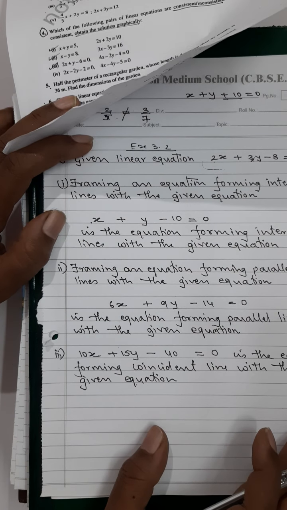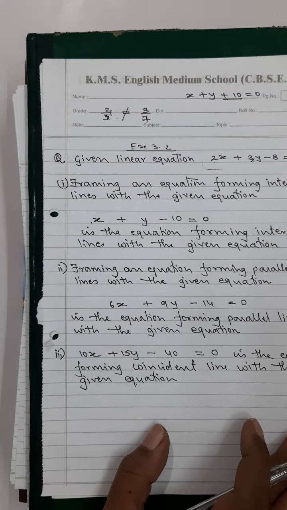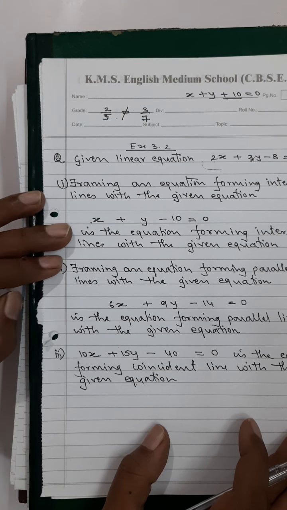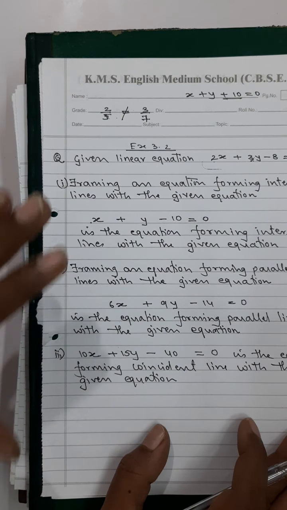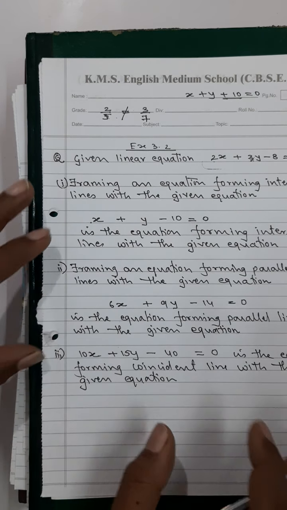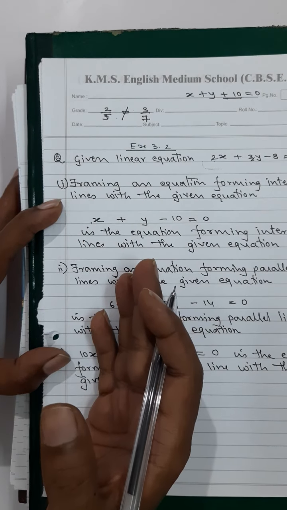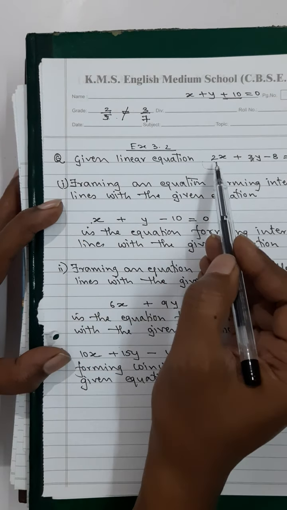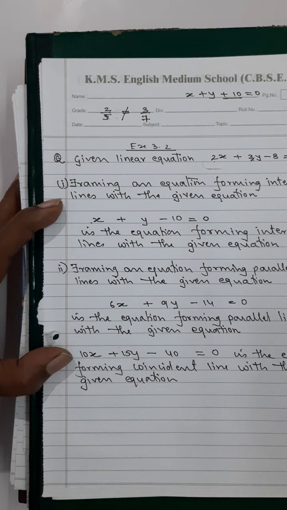Okay, this will have infinite number of answers. Sometimes they will even ask you to frame the equation and verify it. So now when you frame this equation, you just have to verify it. How will you verify it? You will have to show here. Then again, verification you have done by now.